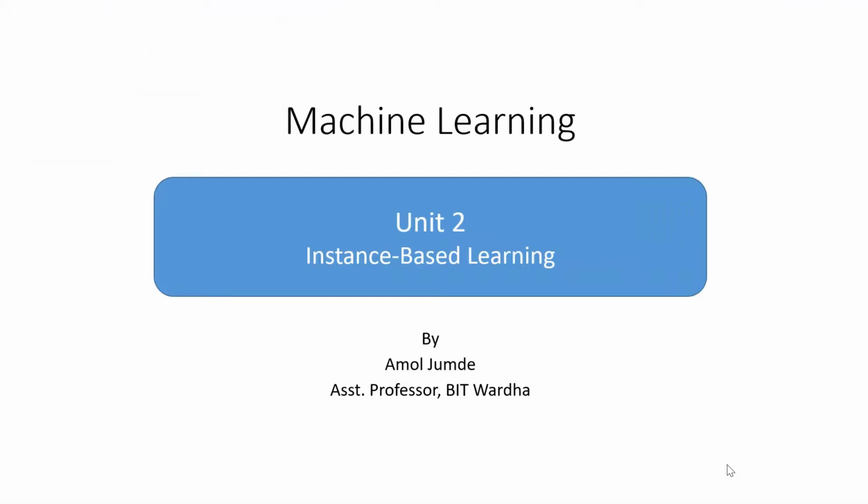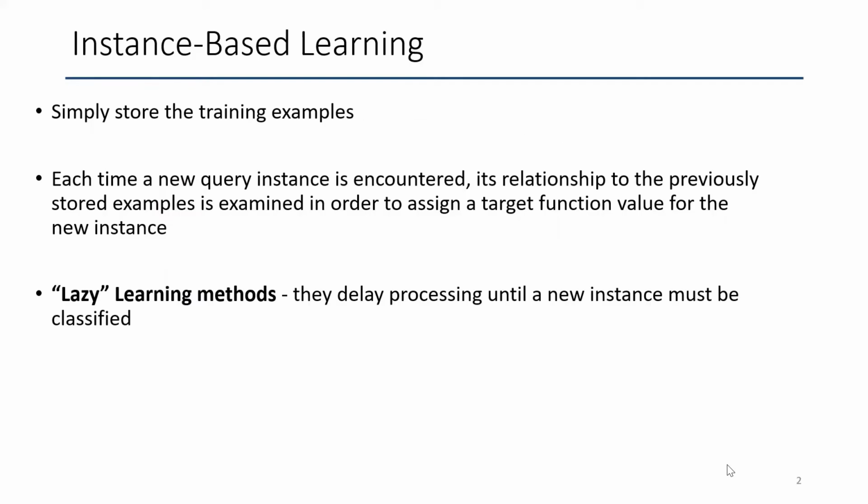So we are discussing instance based learning. It will be just a recap of the concepts that we have seen so far. Why is it called instance based learning? Because when you want to predict or classify a given test sample, you consider its neighborhood, right? You refer to the local instances, and based on that you predict or classify the given sample. That's why it is called instance based learning. In the training phase, we simply store the training examples, but for every prediction you have to refer to all the training examples, right?